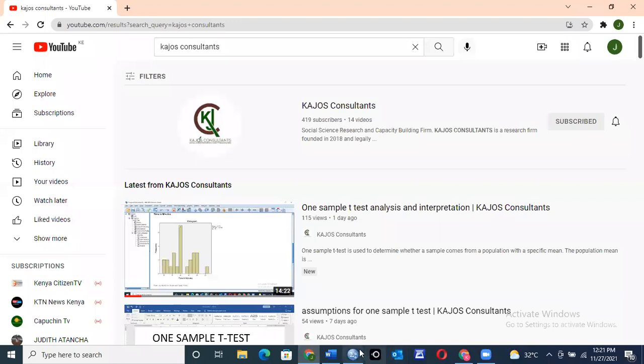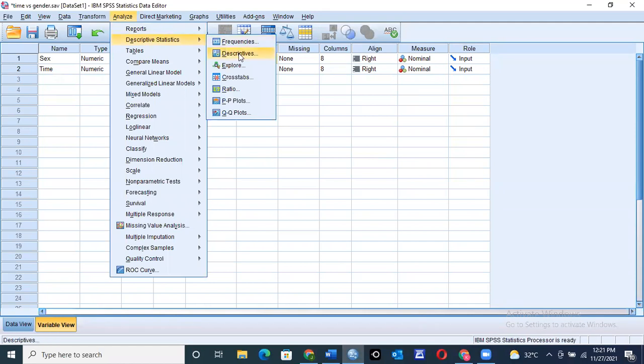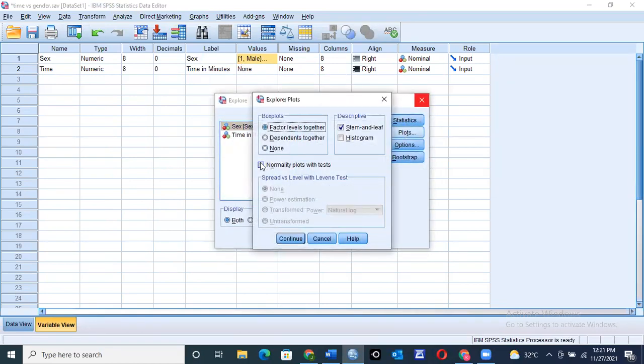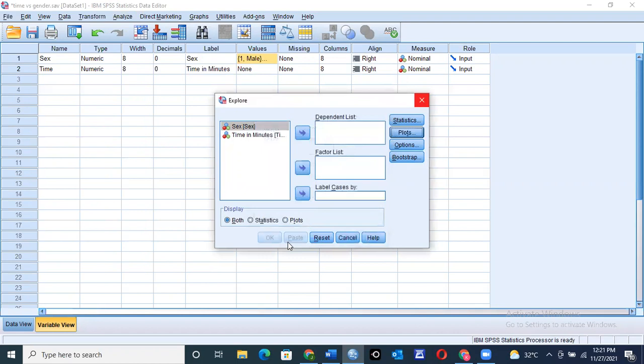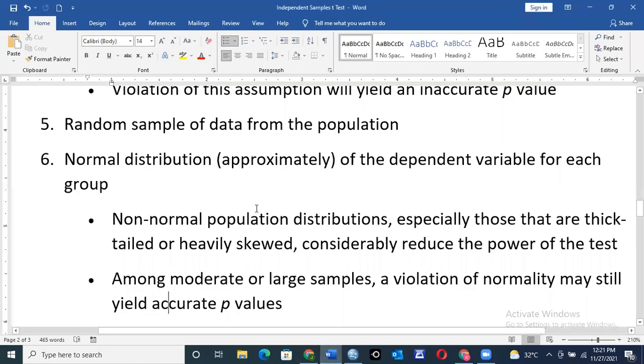You check that on the SPSS main menu, where you click on Analyze, Descriptive Statistics, then Explore, and check the plots for normality with tests under Shapiro-Wilk. How do you know the data is normally distributed? You check the p-value. If it is more than the significance level of 0.05, then we say that the data is normally distributed.